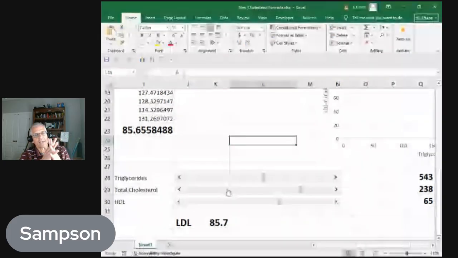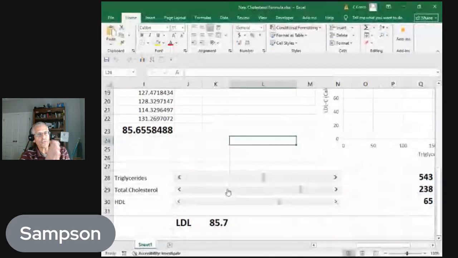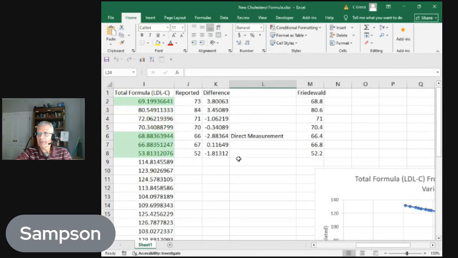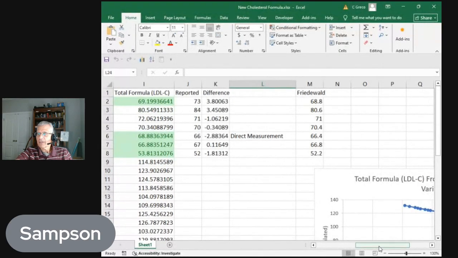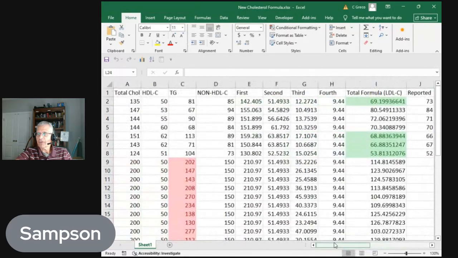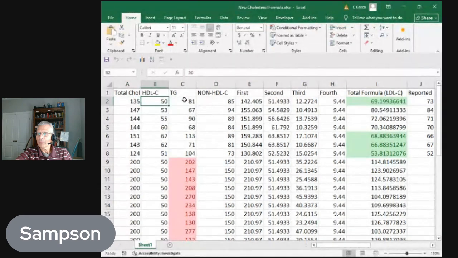What I'm saying is, do your own calculations. Get your lipid study and put the numbers in this worksheet. Hopefully you can take this, and I'm going to put this on YouTube also. You can take your total cholesterol number. This is a number. This is a number. But then we start, these different aspects here, which